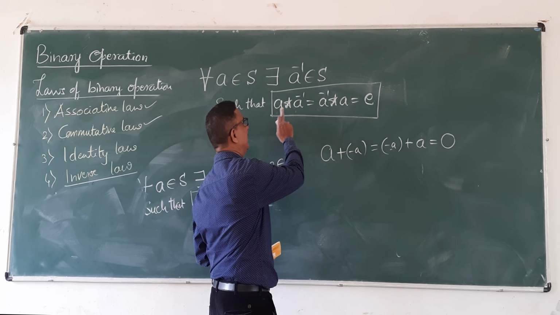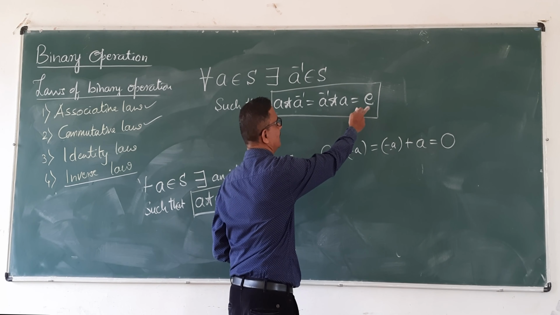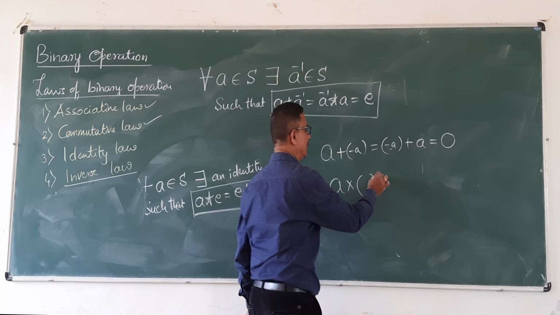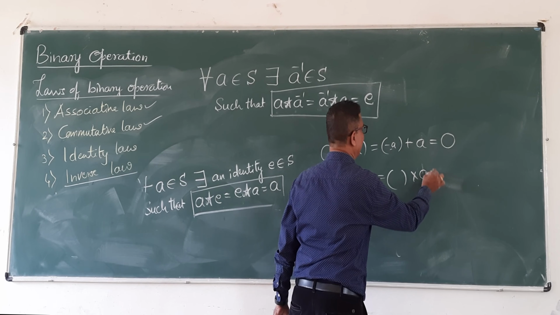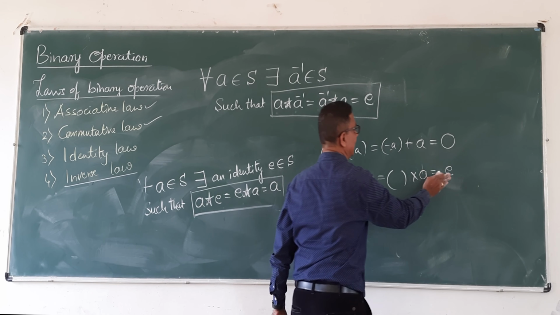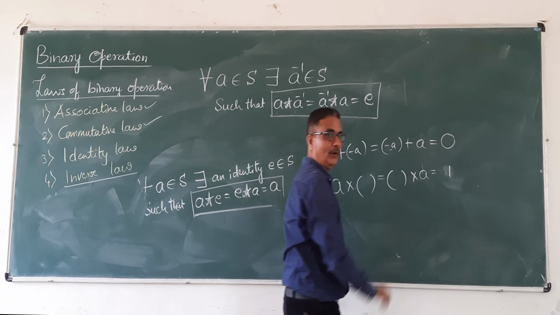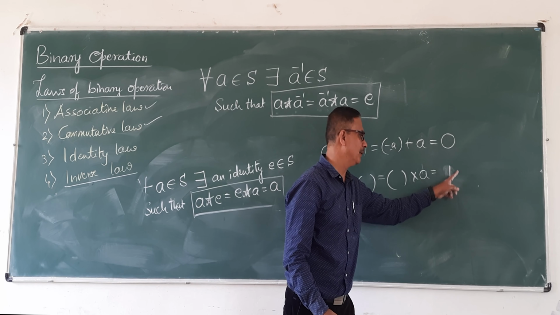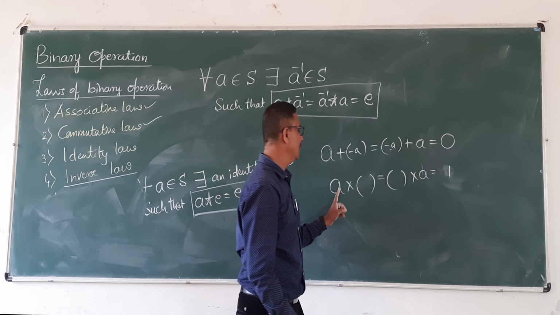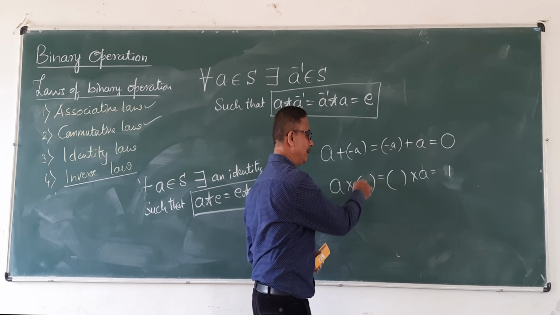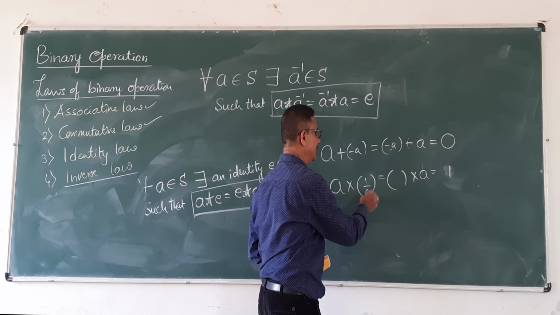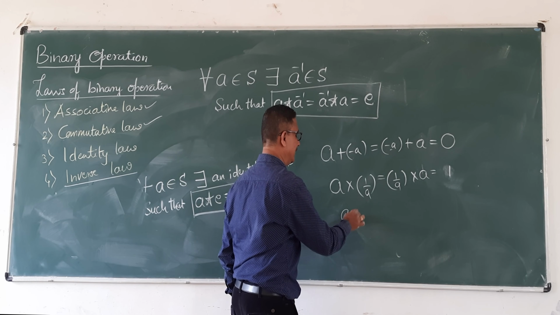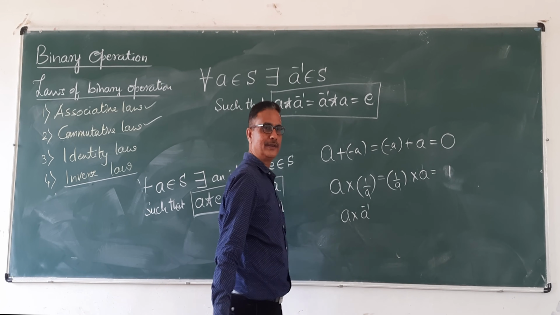Okay, so in general A star A inverse is same as A inverse star A is equal to E. Whereas if you take multiplication, A into dash into A is equal to E. But in multiplication E value is 1. ನೋಡಿ multiplication identity 1 ಇರುತ್ತೆ ಗೊತ್ತಿದೆ. So multiplication identity 1 ಬರುವಾಗ what is its inverse? 1 upon A. Right? A cancel, it will become 1. So that is A into 1 by A, nothing but A inverse.